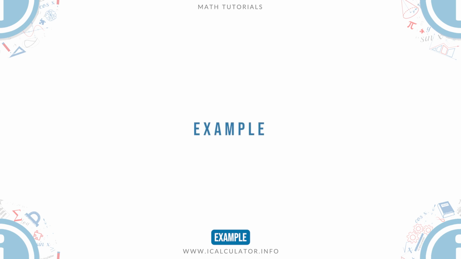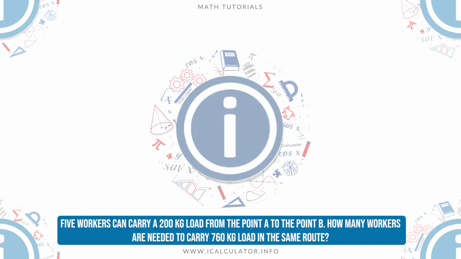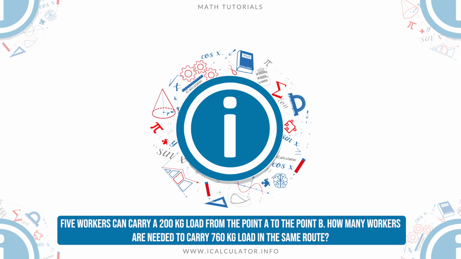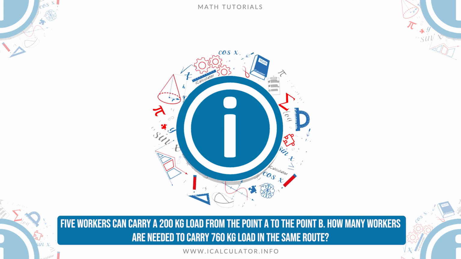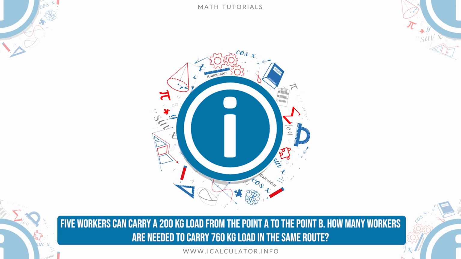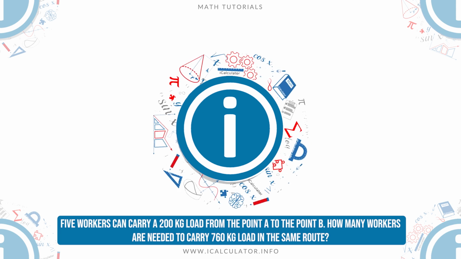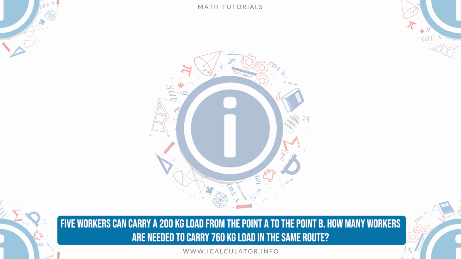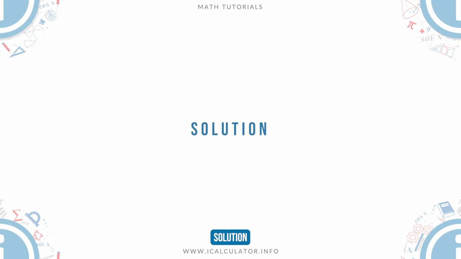Example: 5 workers can carry a 200 kilograms load from the point A to the point B. How many workers are needed to carry 760 kilograms load in the same route? Solution: